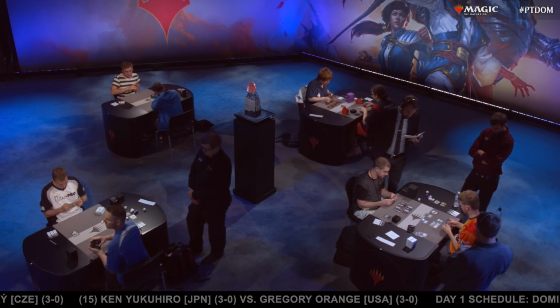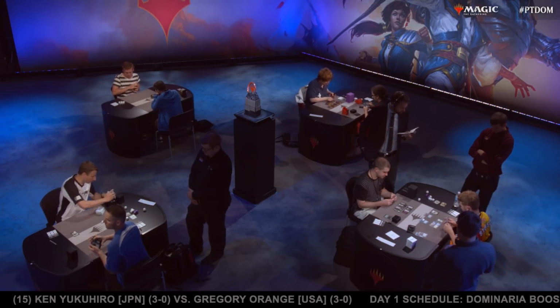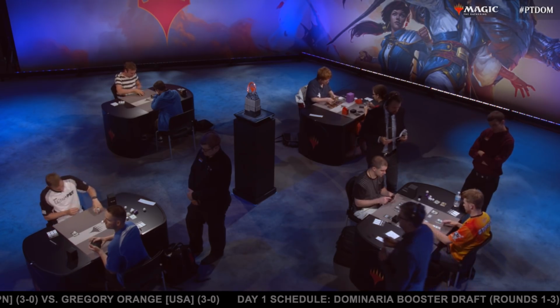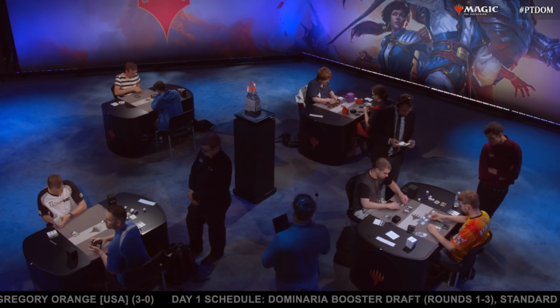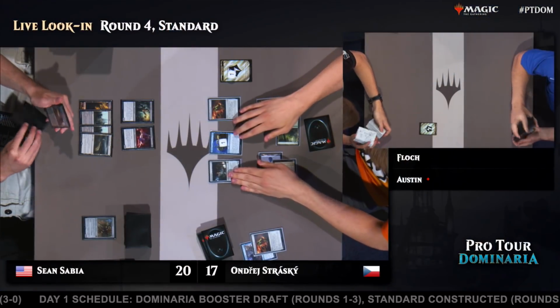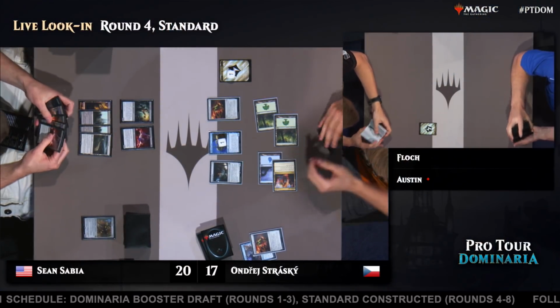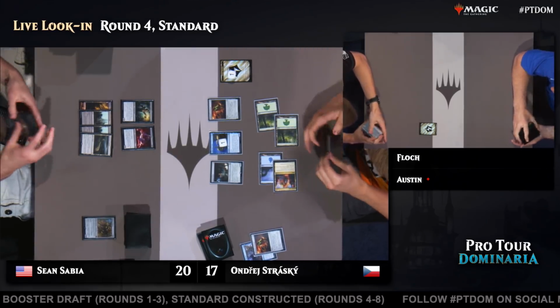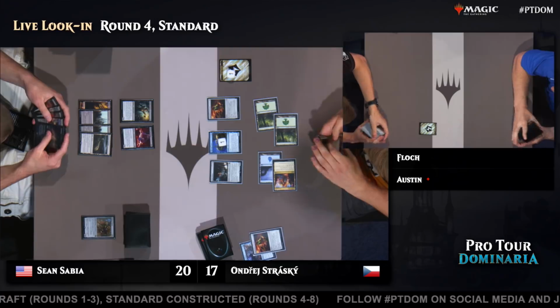Hello and welcome back. We appreciate you all visiting us here in Richmond, Virginia at Pro Tour Dominaria. And while our main match is just finishing their sideboarding, we're going to get a chance for a little bit of a look in on a different sort of a matchup going on. On one side of things, Andrei Stradsky, yes, he's playing a deck that you might recognize in the form of this blue-green Karn deck. But on the other side of things, just the one color of mana for Sean Sabia,